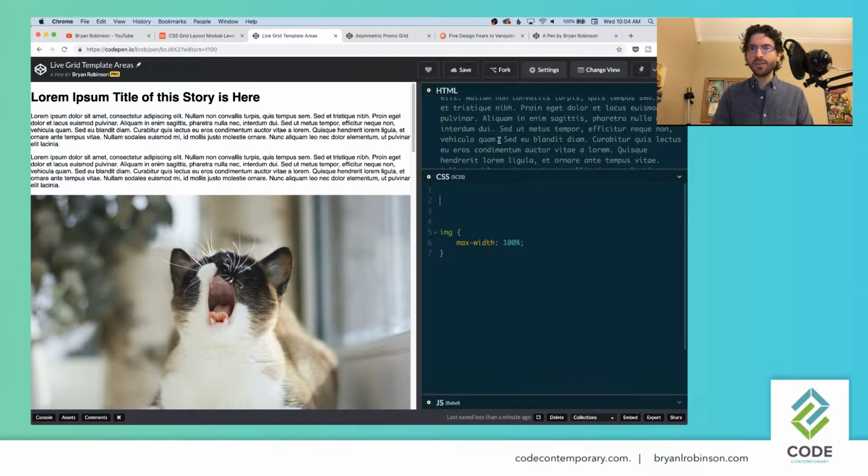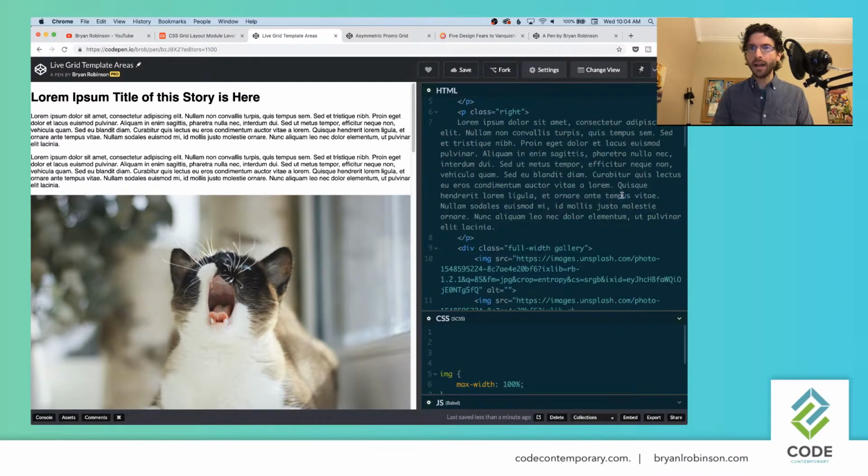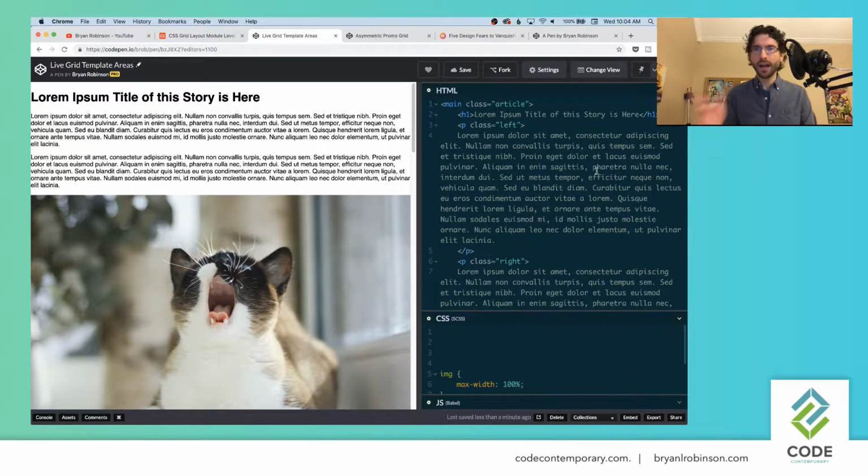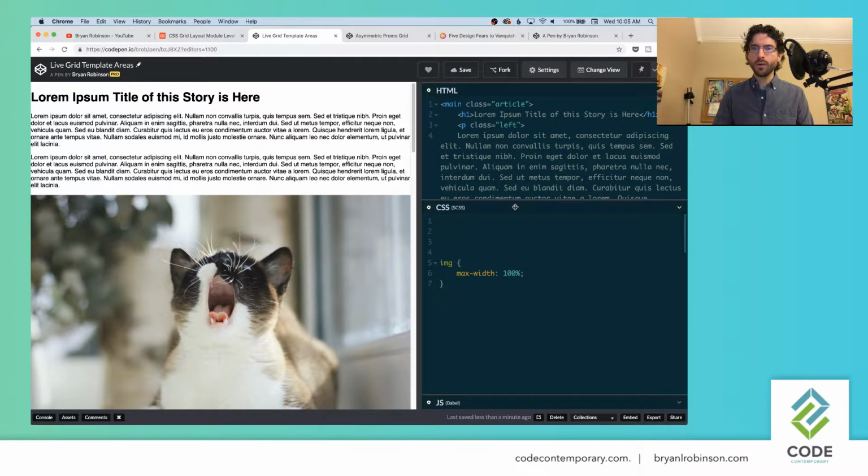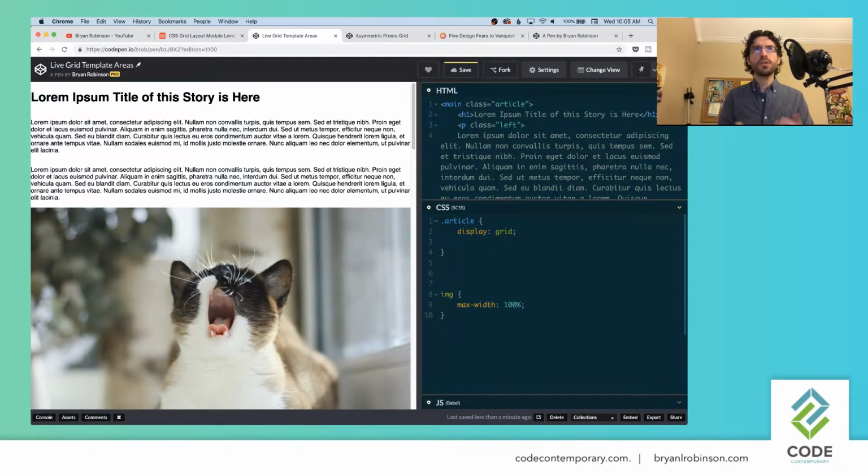So in this case, we've got HTML. Inside of our HTML, we've got some images, some paragraphs, an H1, and this class article. So I'm going to come into our CSS. We're going to do .article, and we're going to define this as a grid, so display: grid. And then inside that, we're still going to specify the column values that we want, the actual size of the columns, because this shorthand is not going to take care of that for us. So we're going to say grid-template-columns, and I don't remember what values we used before, but we'll have a